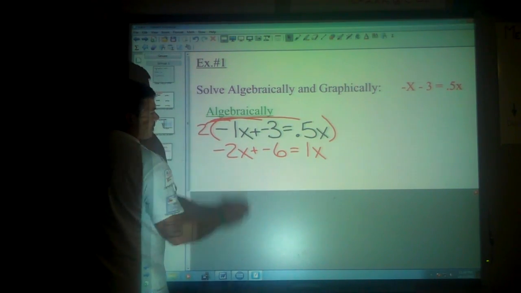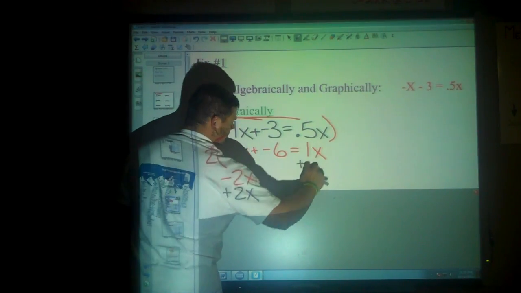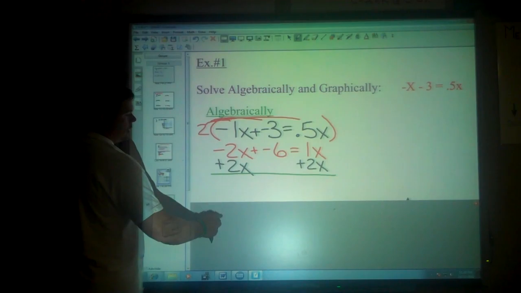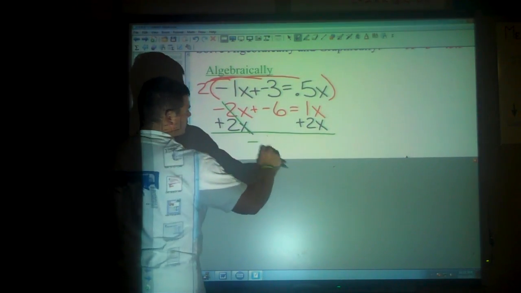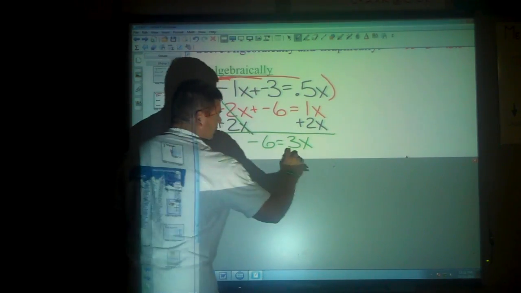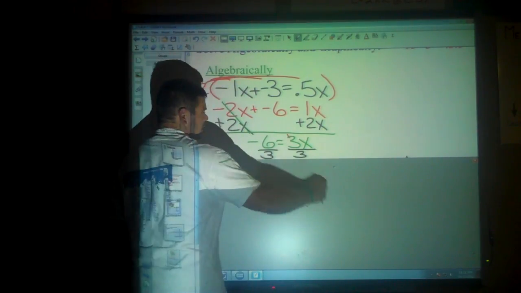And if I want to solve, I'm going to get all the x's onto one side. So I'm going to add 2x over here, which now gives me a situation of those canceling out. Negative 6 equals 3x. All I have to do is divide by 3. And x equals